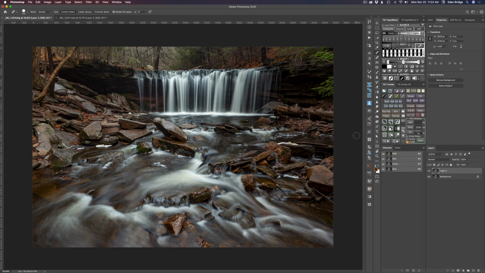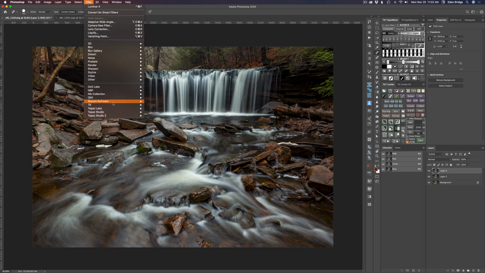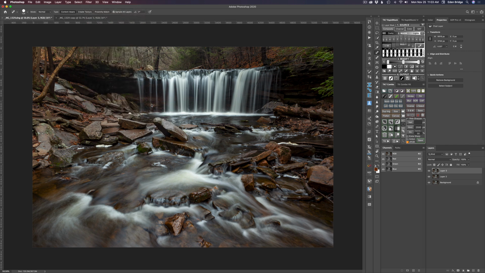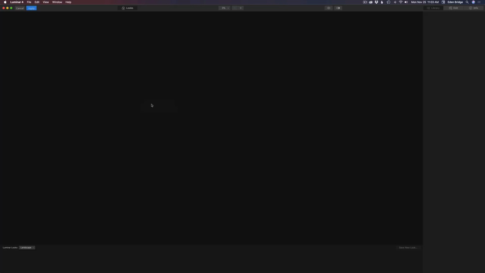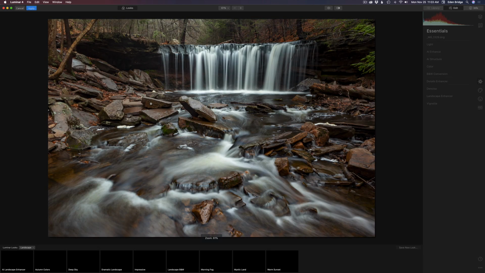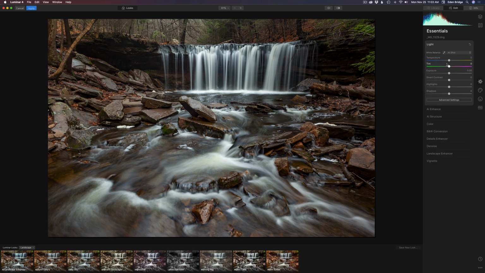I think we can give this image a little more pop, and I think we can use Luminar 4 to do that. So let's use that. So let's pull this all together by doing Shift Option Command or Control E, or I'm just going to click my little action right here, my TK action, and let's go ahead and come to Filter and launch Skylum Luminar 4 here. And I think we'll use some Accent AI, and we'll also use some Smart Contrast. Okay, and I think we're going to start out with some Smart Contrast just to boost up the contrast level a little bit,